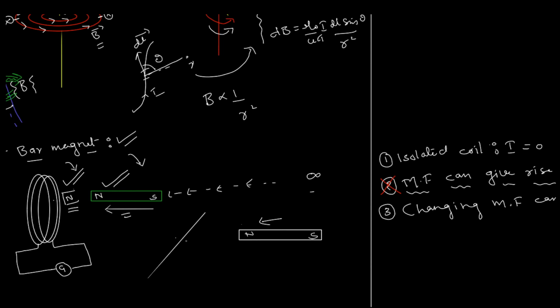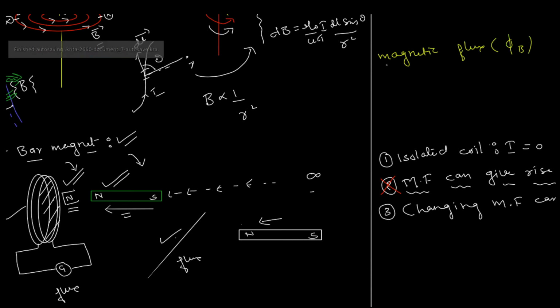Okay, that makes us think, what's the difference between a straight wire and a coil? I think it is that this has some sort of loop, and I can in fact talk about its flux. But this, on the other hand, is just a wire, right? I can't really talk about its flux, because let me quickly remind you of this, magnetic flux. We'll use the symbol phi with a subscript B for that, because we already used the symbol phi for electrostatic flux, right?